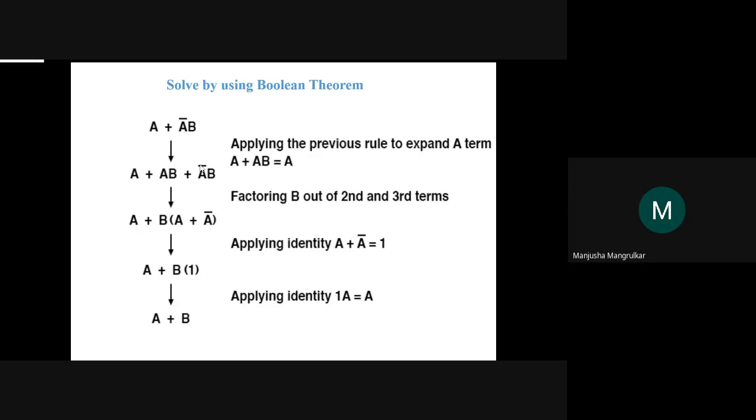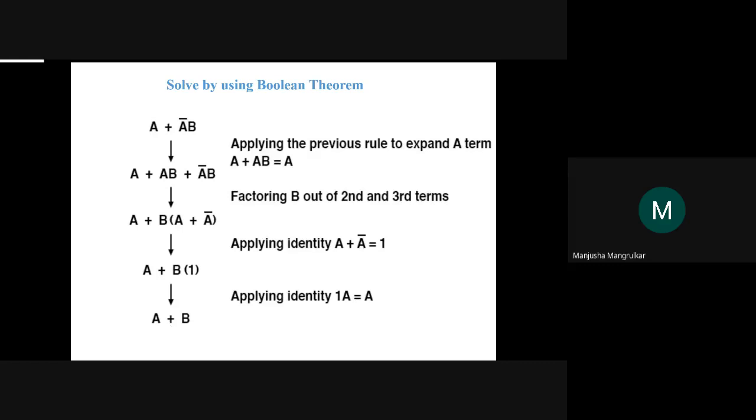Now we take the common term. AB plus A complement B. We'll take B common, then what is in the bracket? A plus A complement. Now by applying the identity theorem, A plus A complement is equal to 1, right? So A will come as it is, B will come as it is, A plus A complement is equal to 1, right? So B is ANDed with 1. Again the same rule, 1 ANDed with B, the result is B. So B is ANDed with 1, so the result will be B, so A will come as it is.